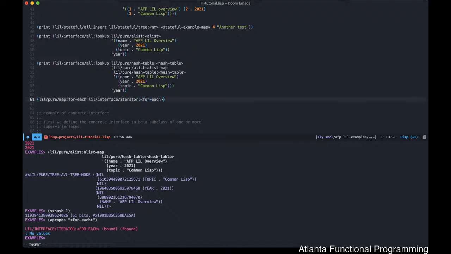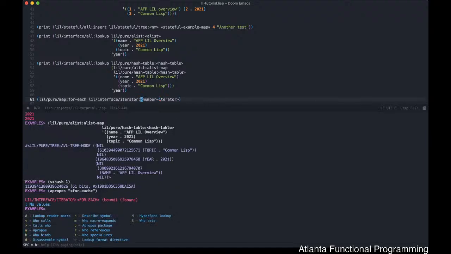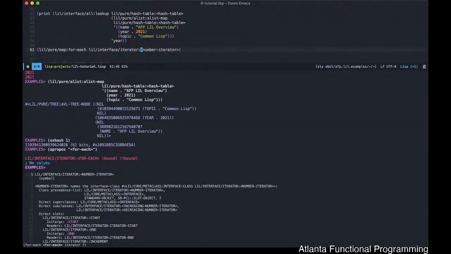So what the for each function should do, let's see. Actually, you know what? Let me do number iterator, because I'm thinking that this guy actually implements this. Let's see. Number iterator, class precedence list. We have iterator slot. That does not look like what I need because I should actually pass in. I'm pretty sure if I just do this,